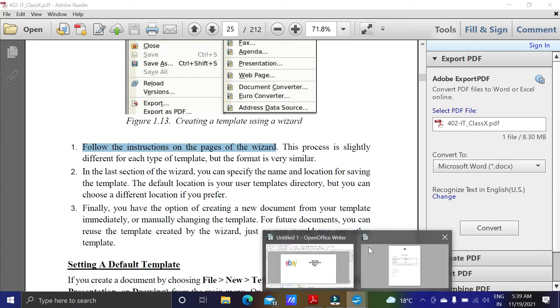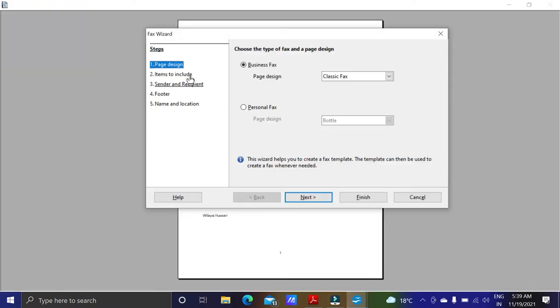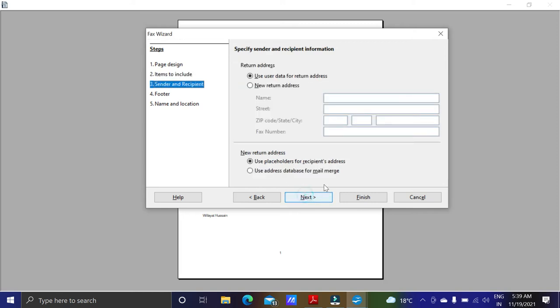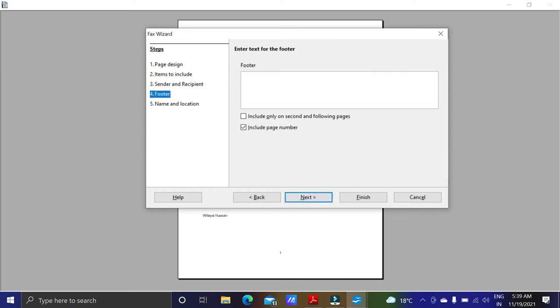Okay, let's go for it. So page design, business fax or personal fax. So I want to go for business fax. Next, company logo, date, type of message, subject line. I want to include these things. Next, okay, use user data for return address. You can give a return address also. Placeholder for recipient address. Next, if you want to put some footer, for example, suppose the address